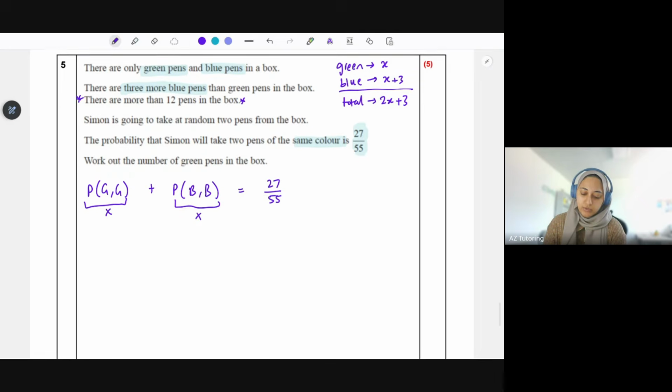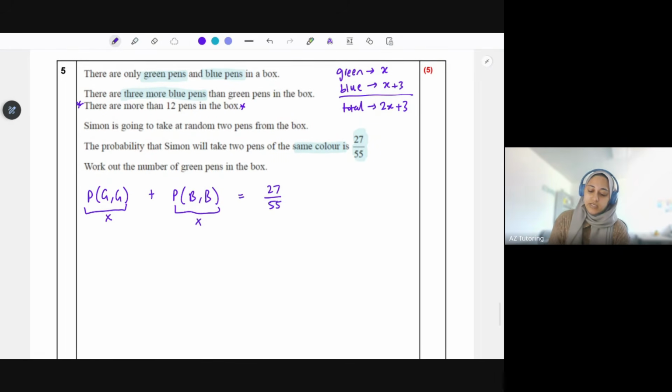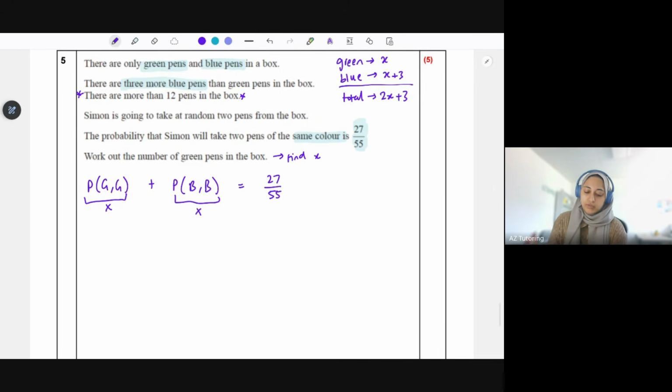Okay, so work out the number of green pens in the box. We basically need to find x, because we've defined green as x. Okay, so the probability of green, green. Let's do this first. So the probability of it being green, green, so we've got a bit of extra steps to do here, is going to be, the first one being green is x over the total, which is 2x plus 3, times,